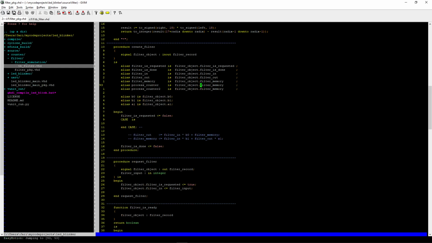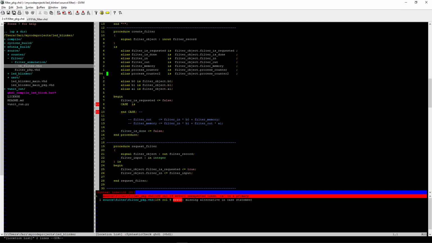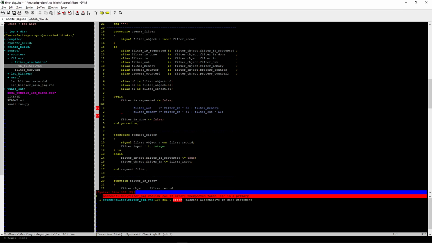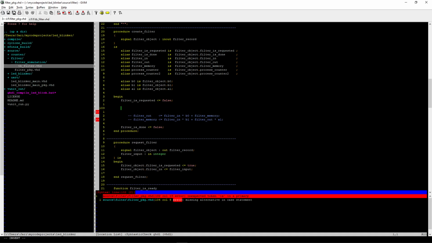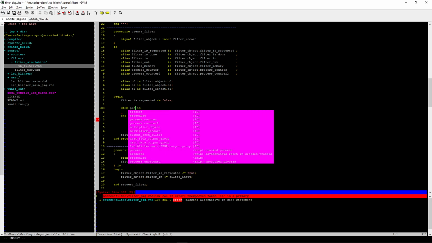So this is then used to, we're going to alias the process counters, and then we're going to use both of them. The first one we're going to use a case statement for, so process counter here,